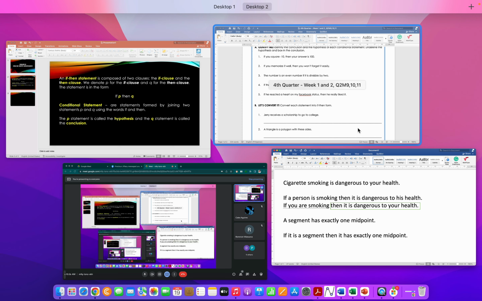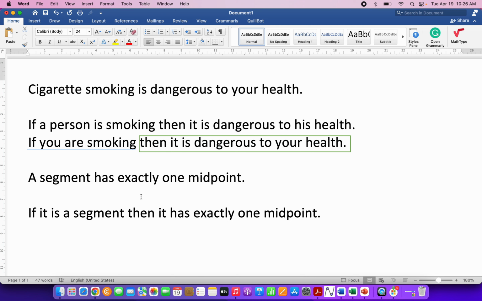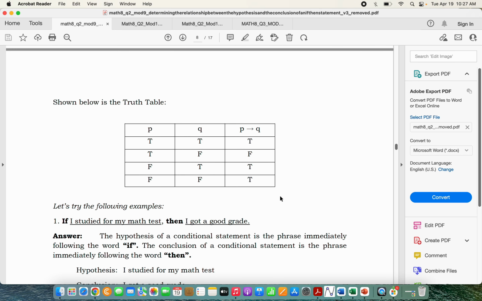Let's check your, yes, if-then form. And the hypothesis here is, if it is a segment, and the conclusion is, then it has exactly one midpoint. Do you follow? Okay, that's good. Then let's move on